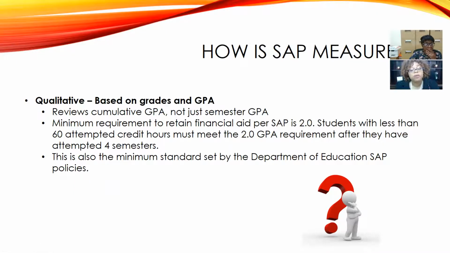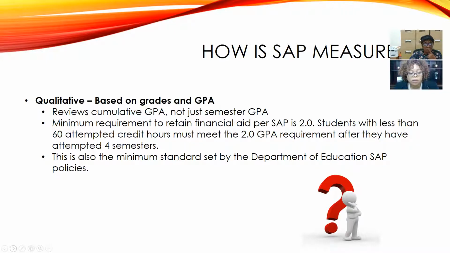This is your cumulative GPA, not just your GPA for each semester. We have some students that will say, well, hey, I made a 4.0 last semester, and still your overall GPA is at a 2.0. So that's what the financial aid office is going to review: your overall cumulative GPA. As a minimum standard, you have to maintain a 2.0 cumulative GPA